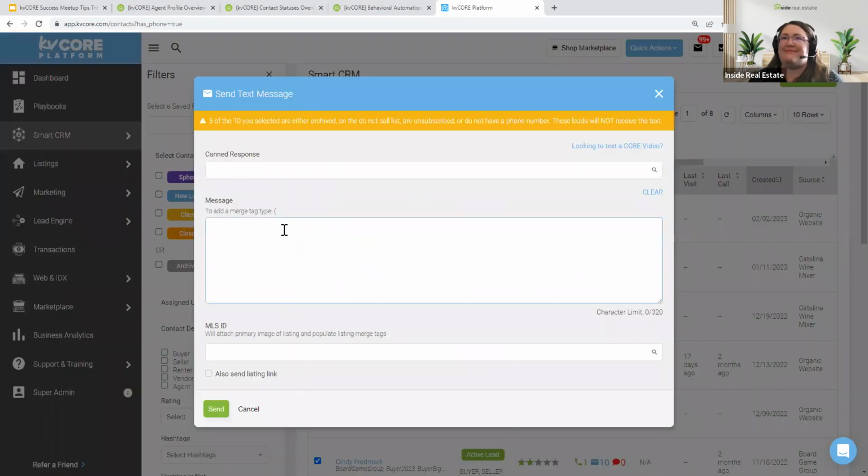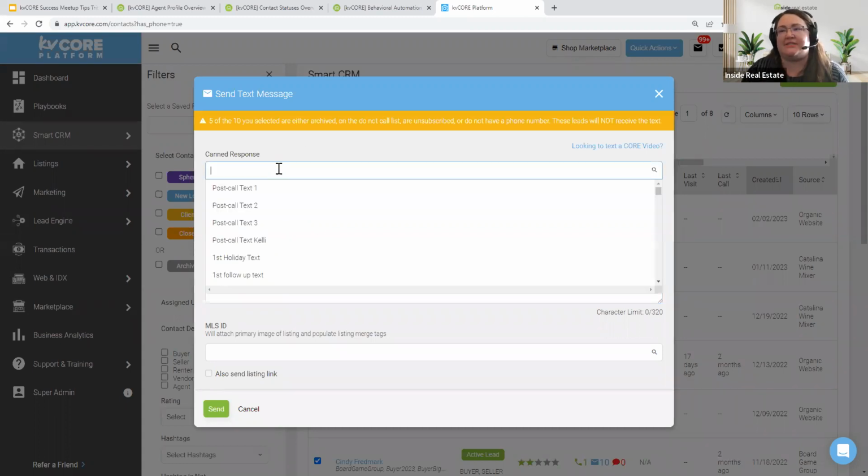I might add a step in there and create a text template even, so I don't have to recreate the wheel every time. That is probably what I would do if I was really sitting down and thinking this through like I am right now. I'd probably make a squeeze page link for, honestly, most of what we've been talking about today. I'm going to make probably a squeeze page link, like search alerts, that kind of a thing. Go make a template so I don't have to recreate this every single time. And then I can just send that canned response of like get valuation text or whatever I call it.